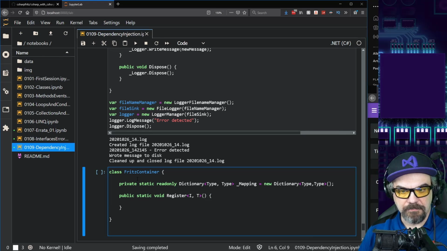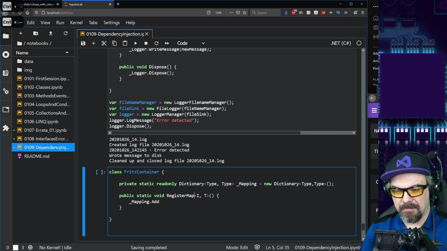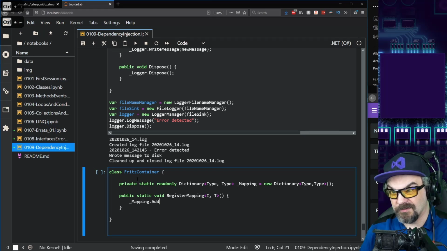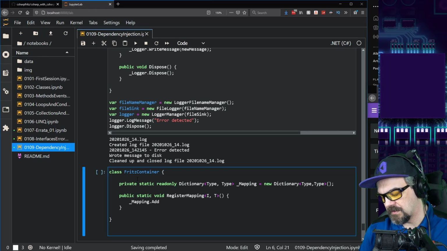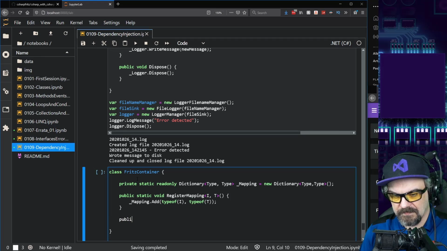And what you would end up doing is saying mapping.Add, something like register mapping. Something like that is the format that you'll typically see. So you would say mapping add, and it would be the type of the interface to the type of that type. And at some point you would have some